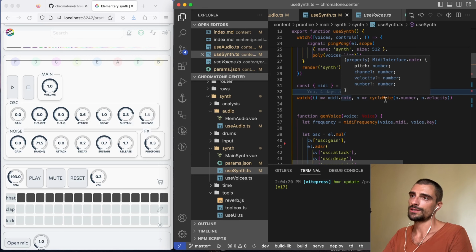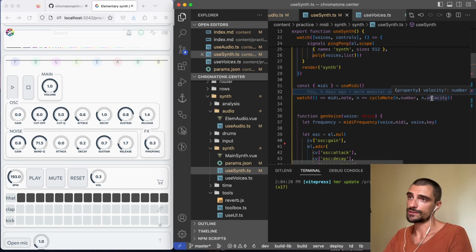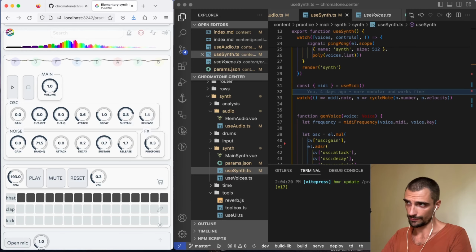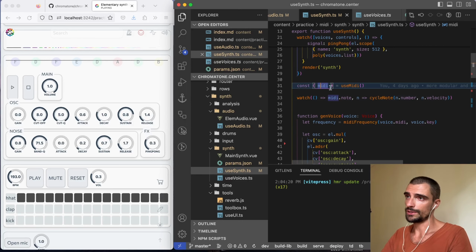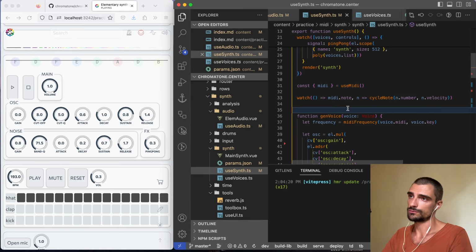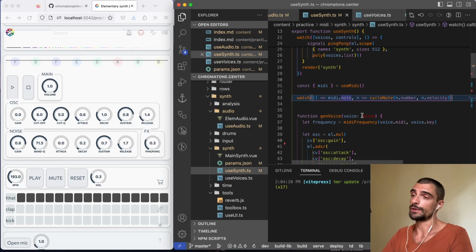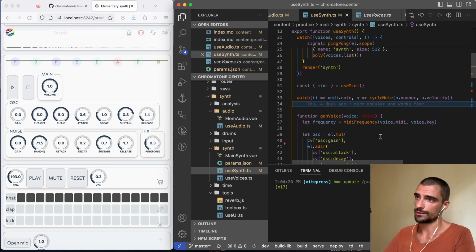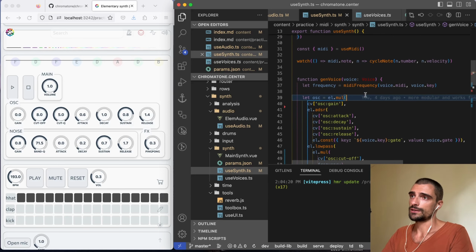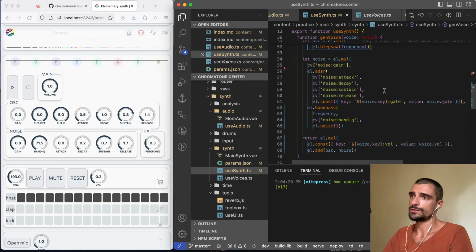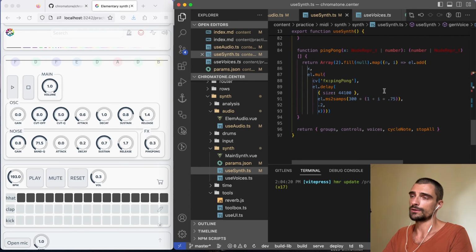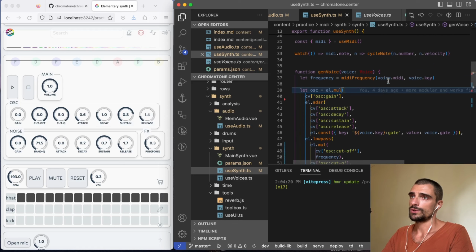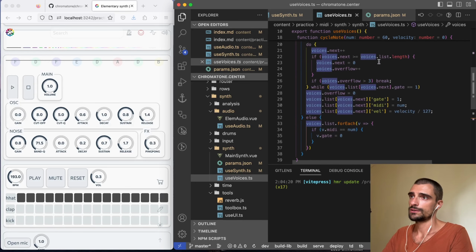And we can react to it and cycle through notes and have the velocities of these notes too. And yeah, it just works, because even if you use just your computer keyboard, these will be MIDI note events here also, changing reactively, and all the changes will be affected here. So cycle note, and gen voice is a very important thing here, because when we cycle notes,